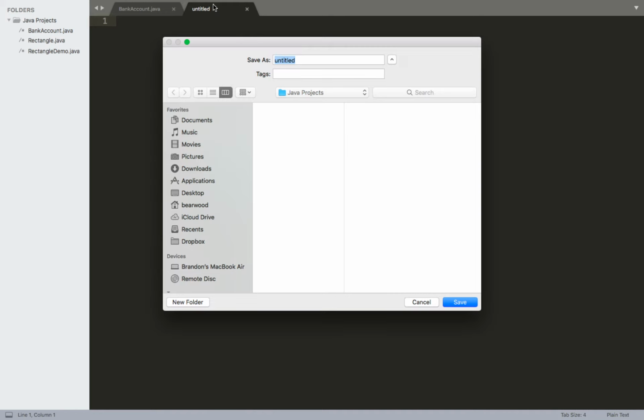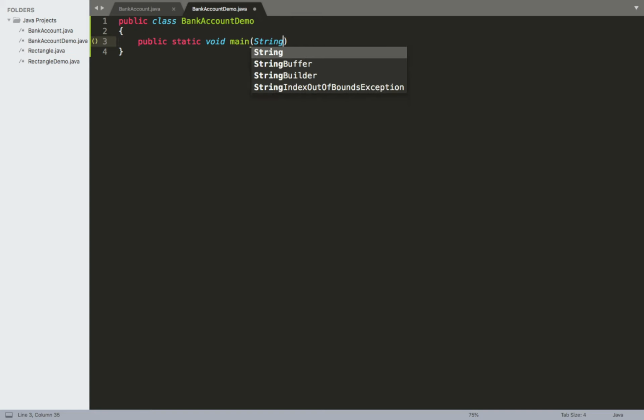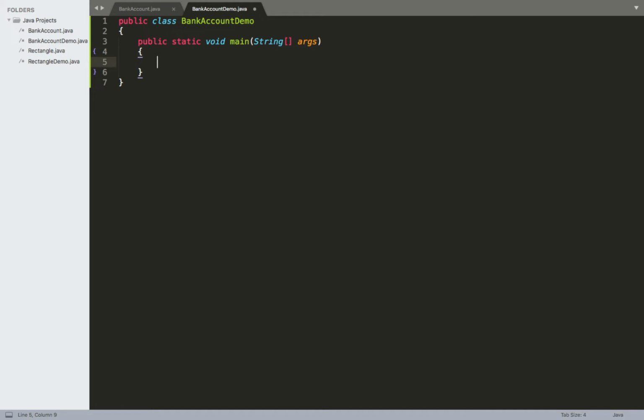I'll go ahead and save this. And for this one, I'll use a similar naming convention and call this BankAccountDemo, much like what we did for the rectangle and rectangle demo pair. So we'll go ahead and create the header. We'll have our public class BankAccountDemo. We'll have the pair of curly braces for the body of our class. We'll then create the main method. So we'll have public static void main. Specify our one parameter for our main method, that string array of args,